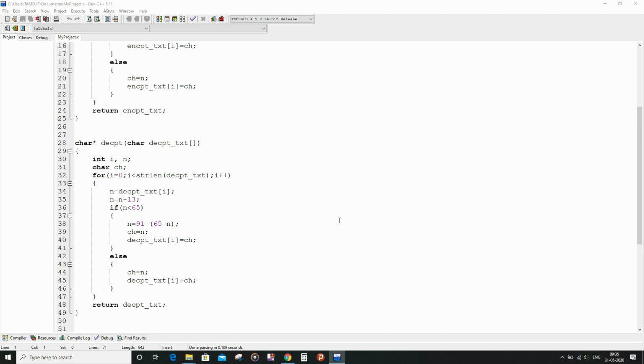In Caesar cipher the shift of the letters is 3, whereas in ROT13 cipher it is 13. So basically we will have to replace 3 by 13 in this code. Except for that everything else is the same, and if you want to see that you can refer to my video on Caesar cipher in my playlist on cryptography in my channel.